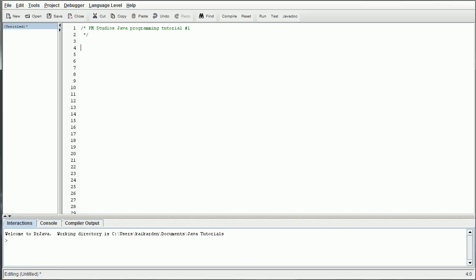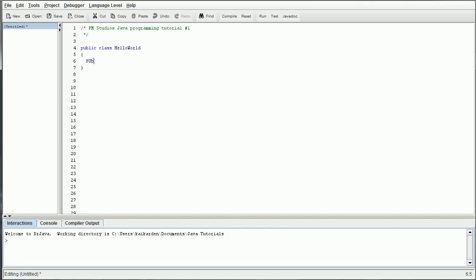So now to get onto the actual programming, the first thing you're going to want to do is type public class and then whatever you want the program file to be named. So in this case it's going to be hello world. Then you're going to return and put an opening brace and a closing brace on, well, one line apart, as you can see. And the reason you're going to want to do that is because on the next line you're